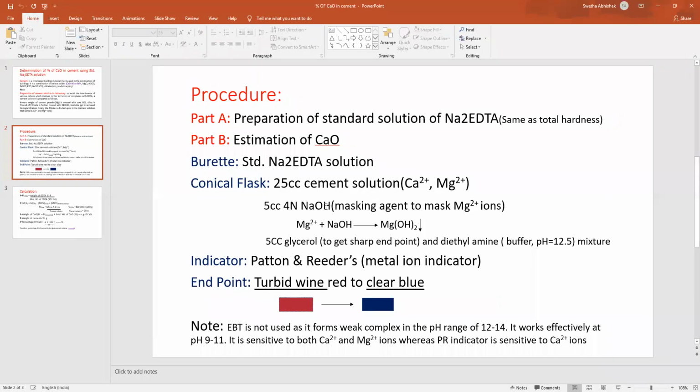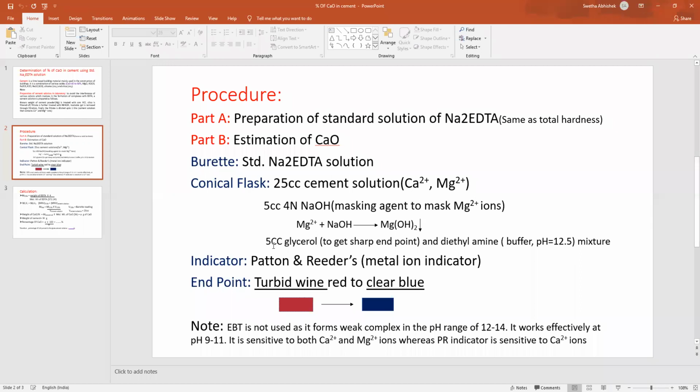Okay. So when sodium hydroxide is added, the magnesium ions present in the solution get precipitated as magnesium hydroxide, resulting in the turbidity of the solution. When you add sodium hydroxide into the cement solution, the cement solution turns turbid. Turbidity indicates what? The magnesium ions are precipitated as magnesium hydroxide. A stable magnesium hydroxide is formed, and in that way they can be blocked. So the magnesium ions are blocked by getting precipitated as magnesium hydroxide with the help of sodium hydroxide. Okay, so what's the role of sodium hydroxide? It is used as a masking agent to mask magnesium ions.